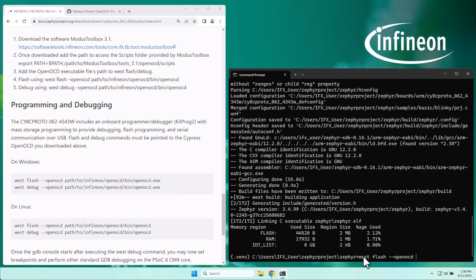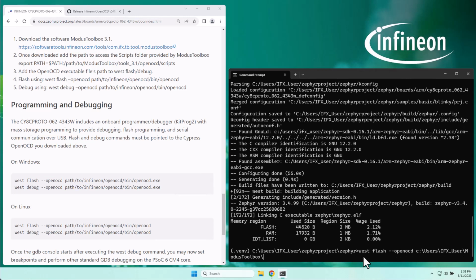The default path for the OpenOCD binary from Modus Toolbox is C:/users/ and then the name of your account /ModusToolbox/tools_3.1. In my case, that's the latest version I have installed, /openocd/bin/openocd.exe. If you download it directly from GitHub, it will be in whatever directory you extracted the contents of the zip file.